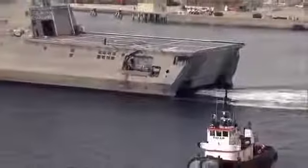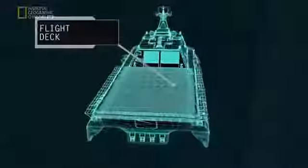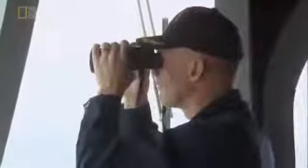Independence is a very light ship for its size. I mean, we only draw about 14 feet of water, but we're a very large ship above the water. A trimaran hull gives Independence improved stability during high-speed maneuvers. It also provides a large amount of interior space for its mission packages. Her flight deck is 4 times the size of a destroyer's. Once Independence is clear of the docks,